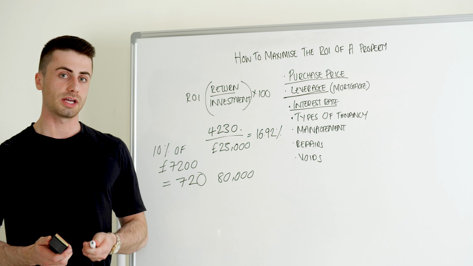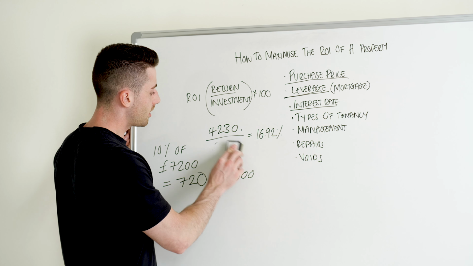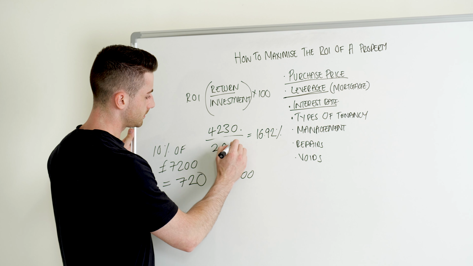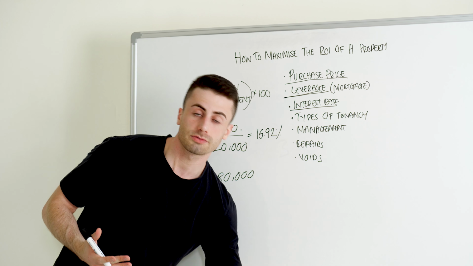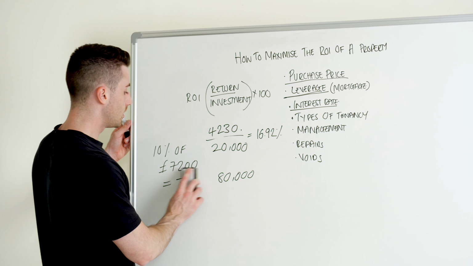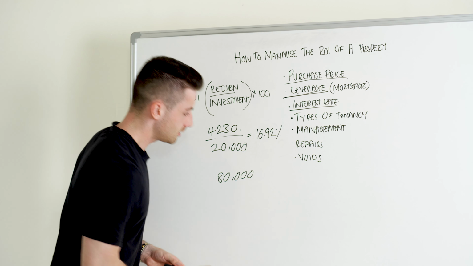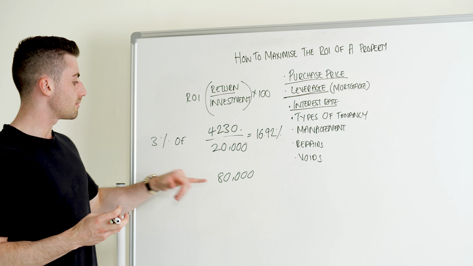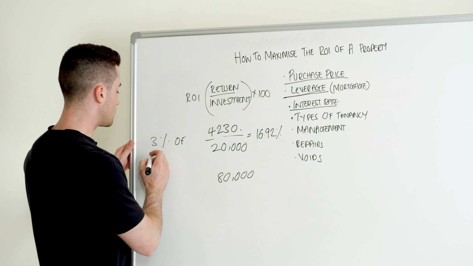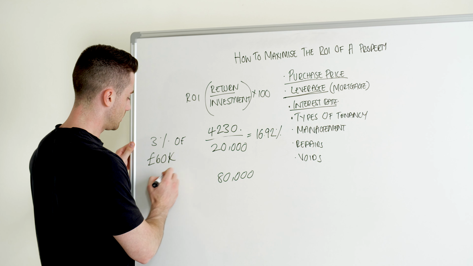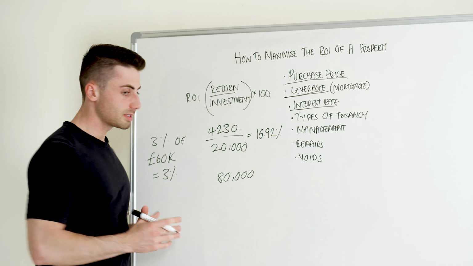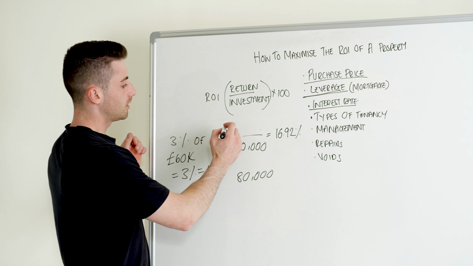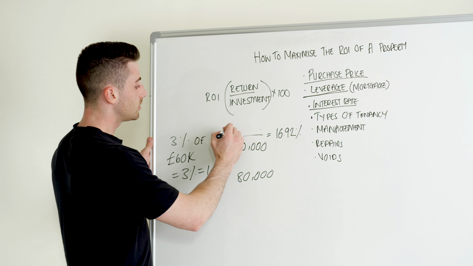Well, first of all, the deposit's going to change. So we're going to be paying 25% of £80,000, which is £20,000. And then also the interest rate is going to change because the loan is a lot smaller now. So we have to work out 3% of the debt, which is going to be 75% of 80,000, which is 60k. So 3% equals £1,800. So now our net figure goes up that we're receiving in the rental cash flow to